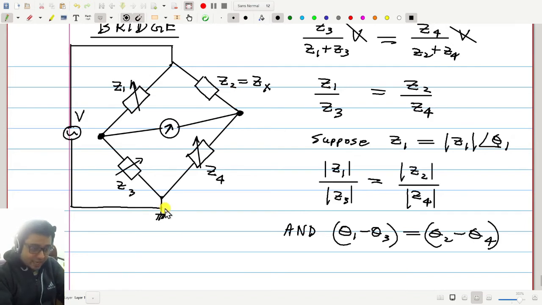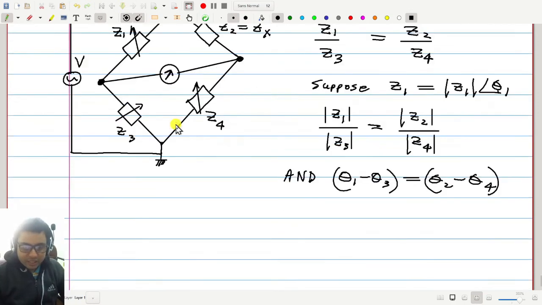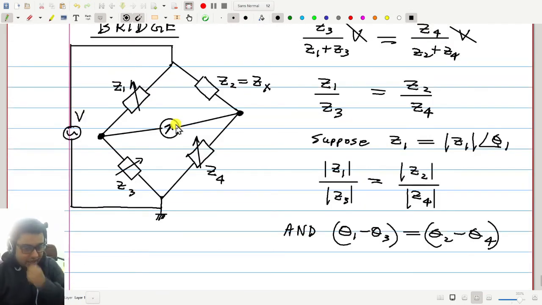You have to adjust, and you may have to do it iteratively again and again. First change one parameter, do as best as you can, then change another, then change the first parameter again. You may have to do it iteratively. Therefore in practice this may be more time consuming, more boring than a Wheatstone bridge. That is one thing, and